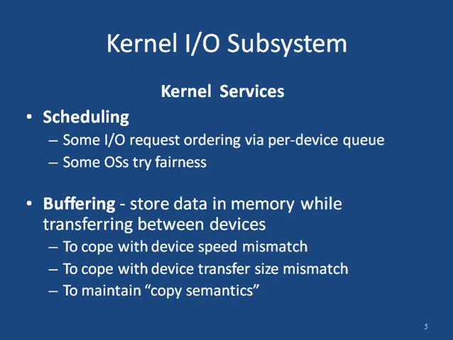Maybe the communicating devices have different speeds, or maybe the devices have data transfer size differences. Maybe one device is sending 100 bits per second, but the receiving device receives only 10 bits per second. In such situations, we need a memory area where we store the data, and based on the receiver capabilities, this IO subsystem sends the data in a particular order and with a particular speed. That is about buffering.